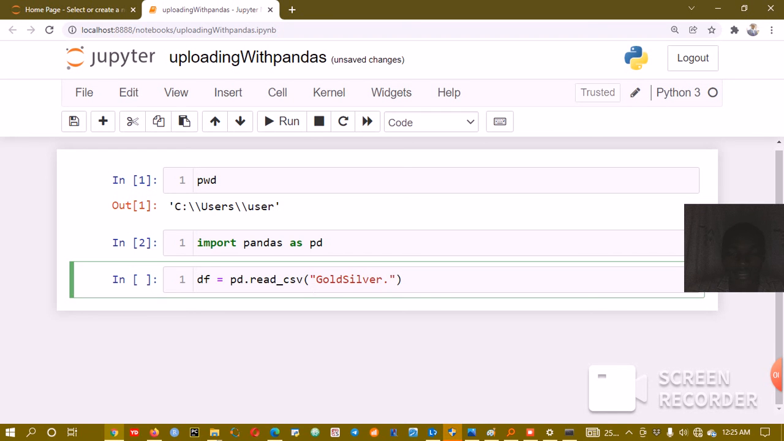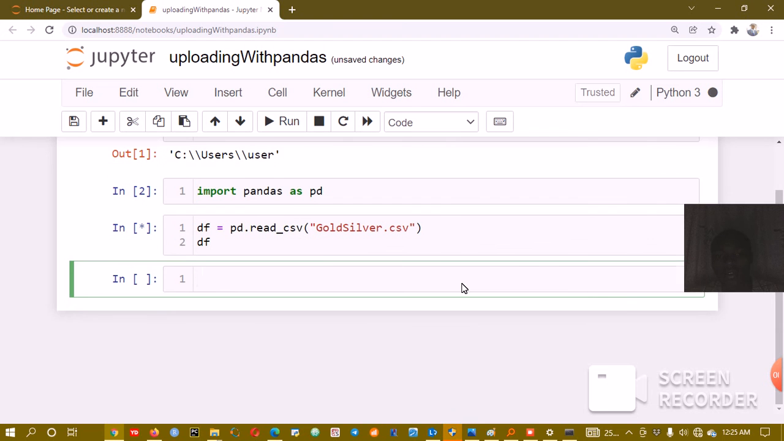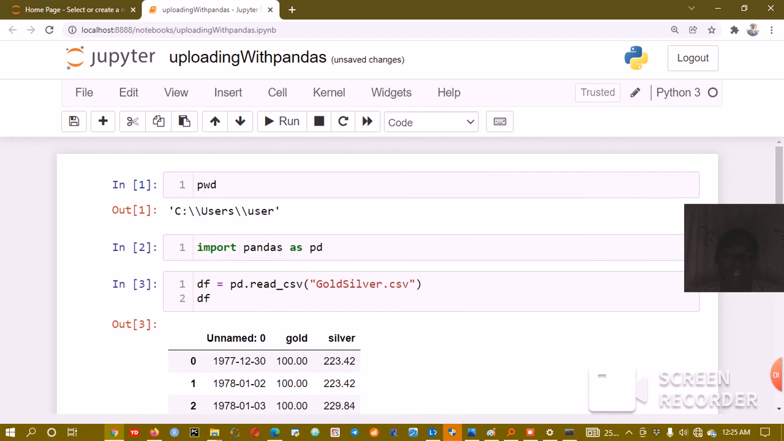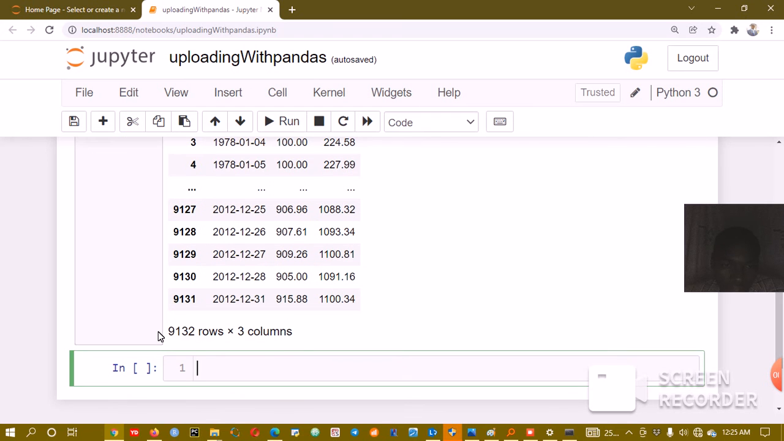So we are going to print df, and there you go. This is your data, and you can see this file has been uploaded. At this juncture, you can see the columns, gold and silver, and at the lower bottom it notifies us that we have 9,132 rows by 3 columns. So I know this is very big data that we cannot use all of to handle. So for us to see, maybe if you want to counter check how many